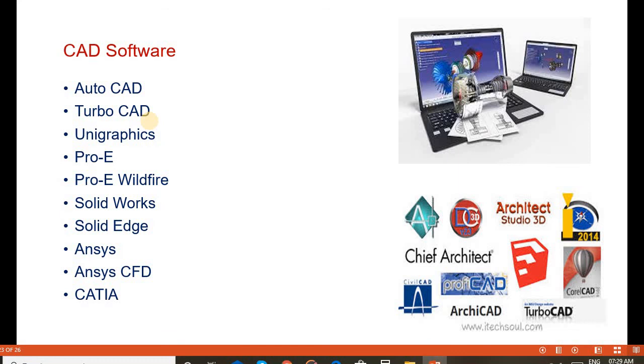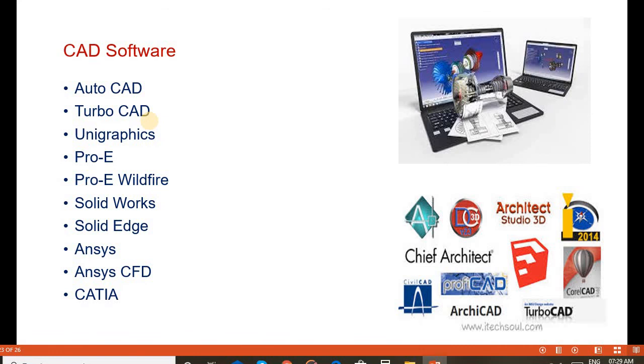CAD software: there are various CAD software packages available in the market, used for designing CAD products, components, machine elements, and so on. Some important CAD software are AutoCAD, TurboCAD, Unigraphics, Pro-E, Pro-E Wildfire, SolidWorks, Solid Edge, ANSYS, CFD, CATIA, and so on.